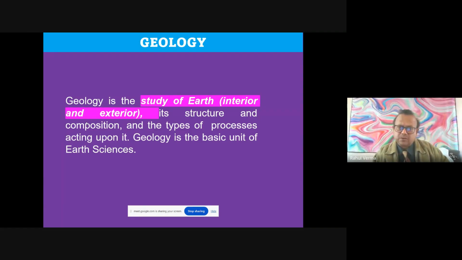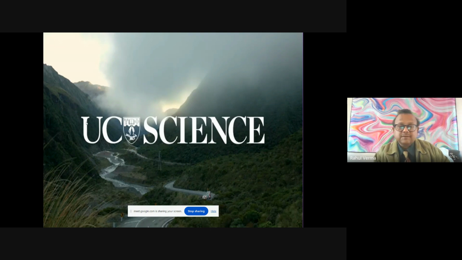That is geography. But when you start drilling into the inside of the body, the intestine, kidney, liver, that becomes geology. So the same thing we do in geology: we study both exterior and interior. Next, let us watch this small video.